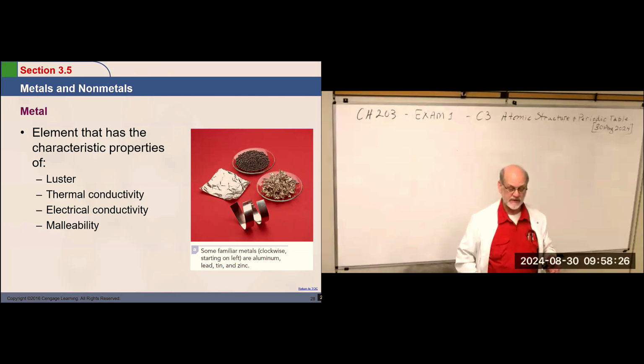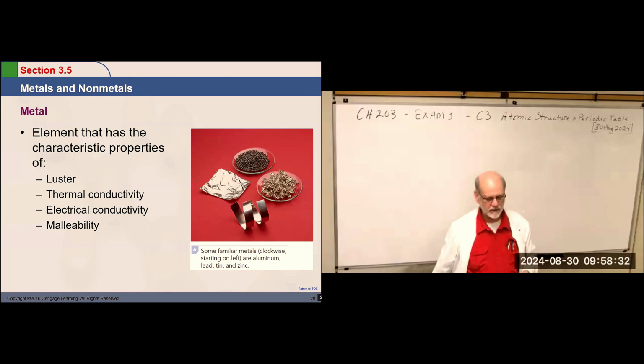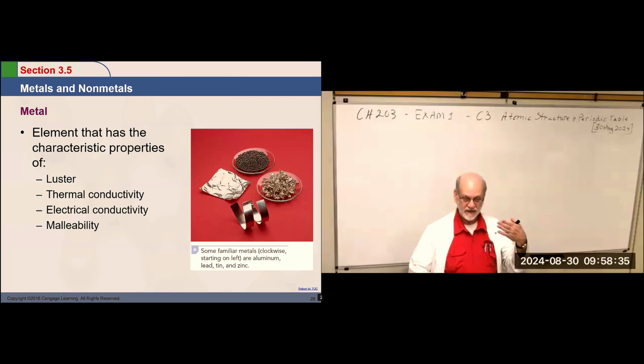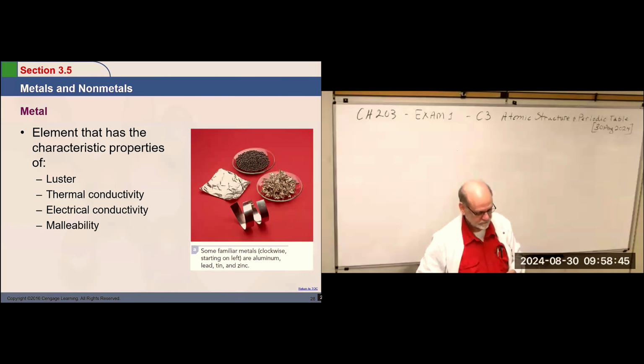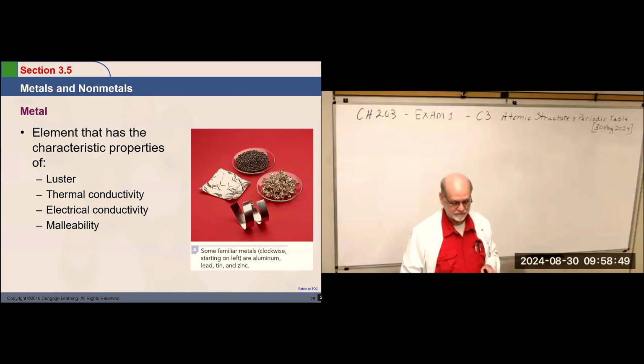Right? You can make mirrors out of them. In fact, in ancient times, mirrors were just polished metal. Now we make mirrors with glass, and then we coat the back of the glass with silver, chemical process. And then we cover that with something to keep it from getting scratched. But the metals, polished metals, have luster.